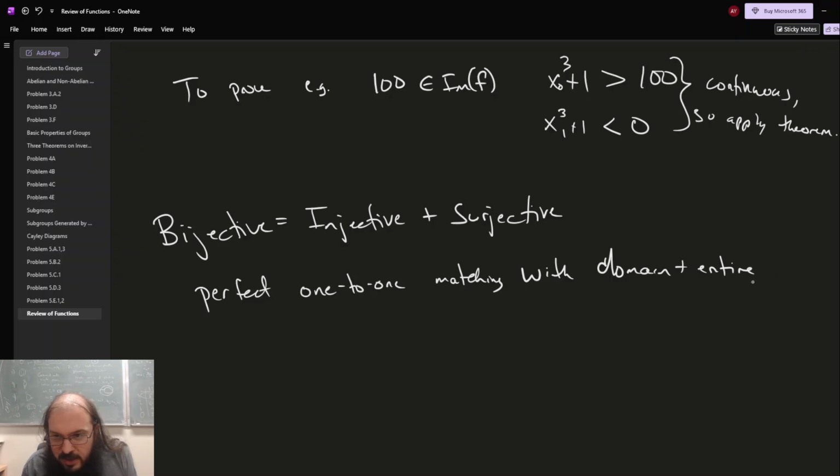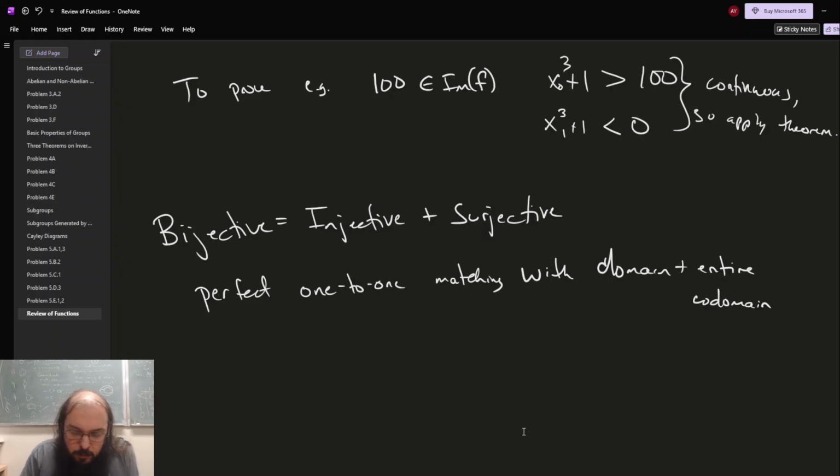Maybe if I write the word entire codomain, that makes it a little bit more precise, because one-to-one is injective and the entire codomain is what it means to be surjective. Sorry about that. Okay, so I think the only thing left to do is to remind us of some crucial properties about composing